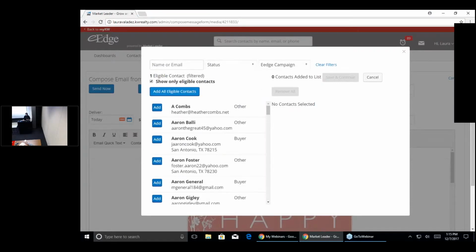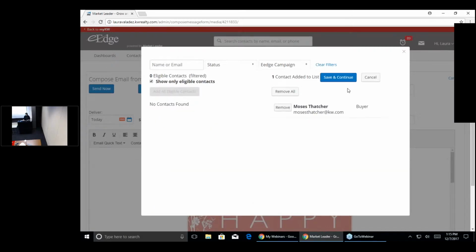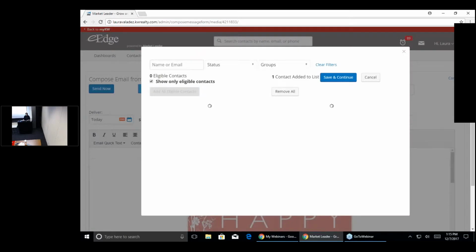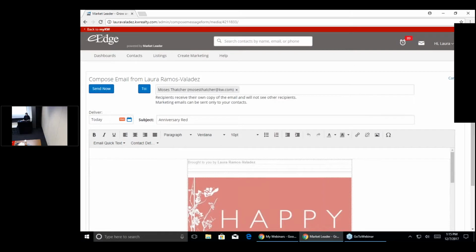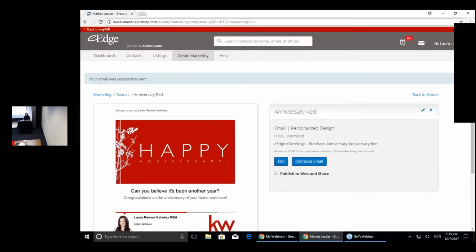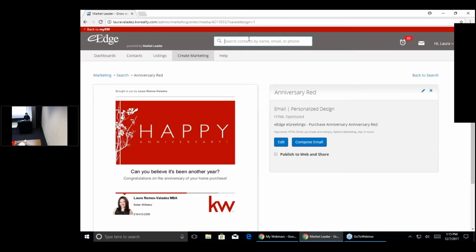It shows one eligible contact, which is Moses. So I'm going to bring it over. Save and continue. If I were to send this over, he'll get that email. Did you receive it? So is there a way to do a campaign? I guess you would have to create a campaign for birthdays, so it could go to every different person on their birthday. Mm-hmm. So going back on Moses Thatcher,